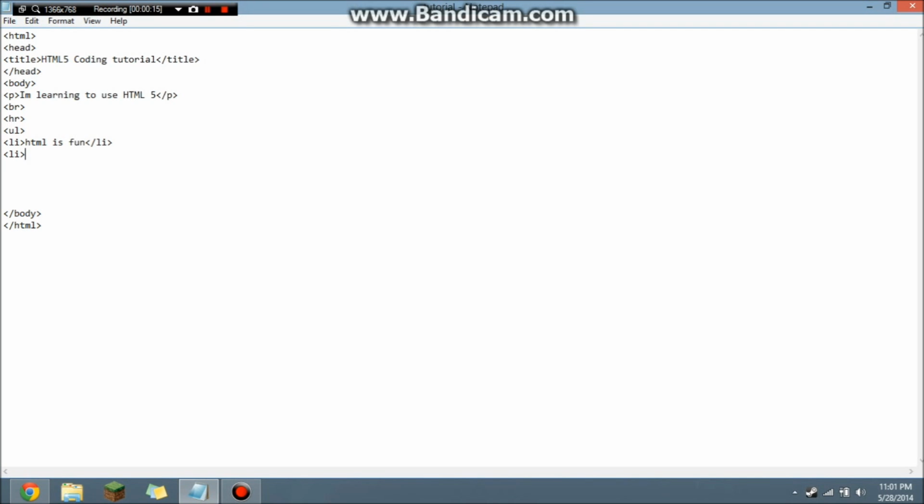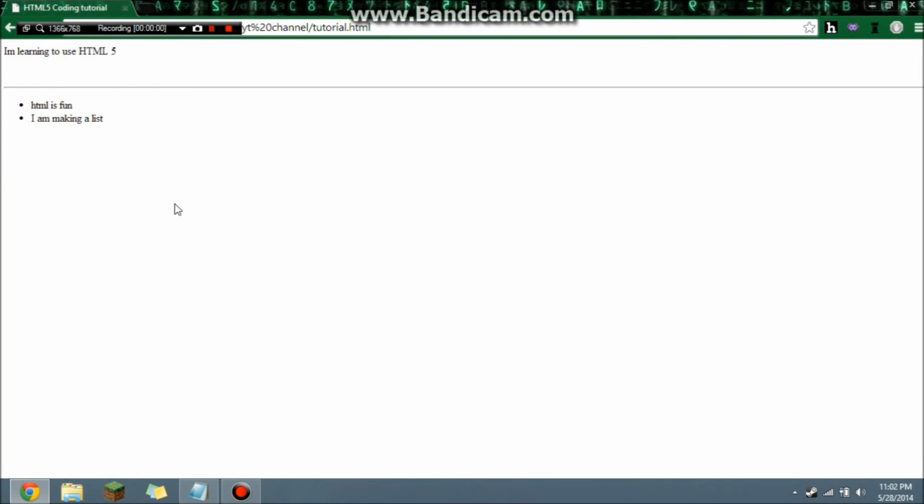And type "I am making a list." I am being really unimaginative with what I'm writing here, but you get the general idea. And after you have all your list item tags written out and all your information in the list, then you close the unordered list. And as you can see here, we now have our "I'm learning to use HTML5," our break, our horizontal rule,